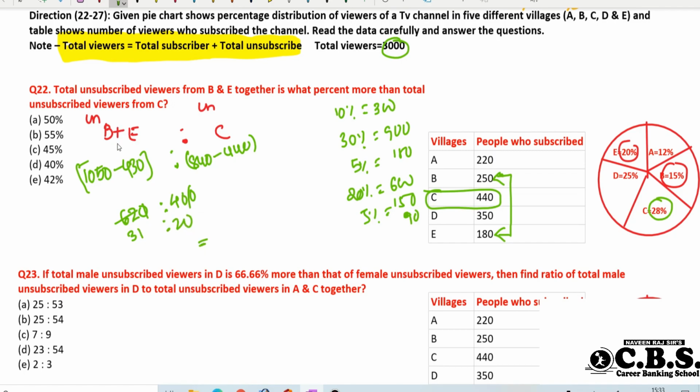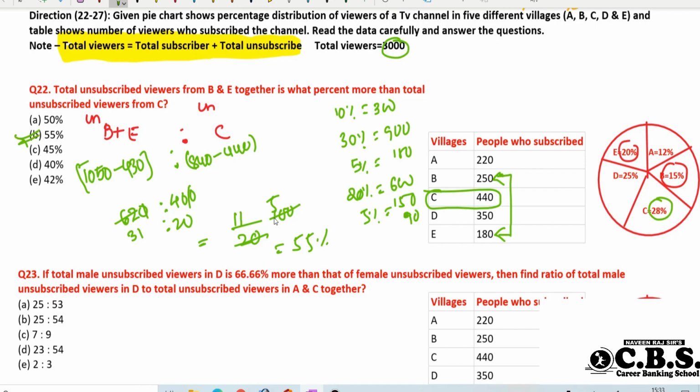So here B and D compare with C. So definitely C is the initial value. C initial value is 20. How much about 20? 11 about 20. Percent is how much? 100. 20 how many times? 5 times. So 11 how much? 5 times. So 55% is the right answer. Absolutely B is the right answer.